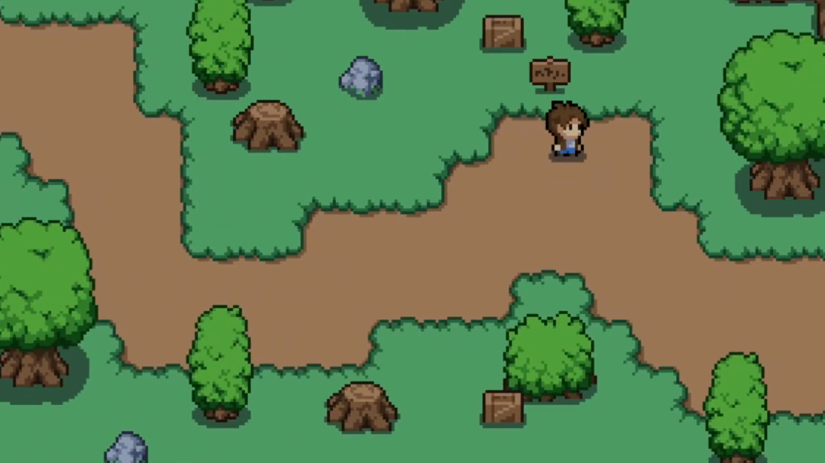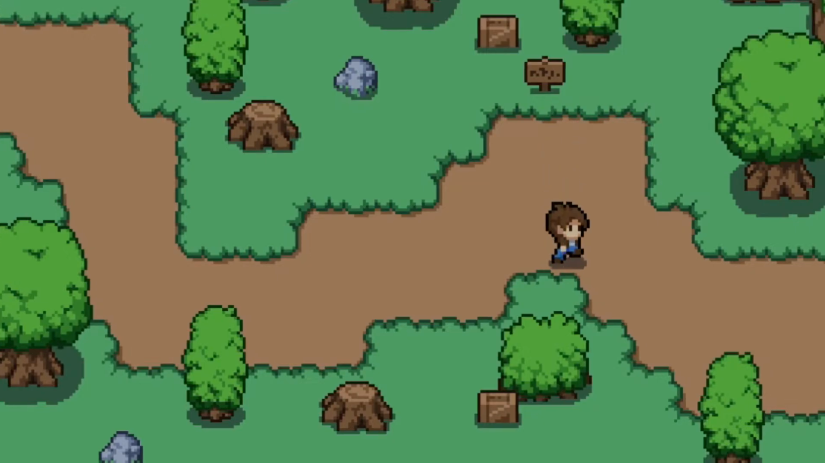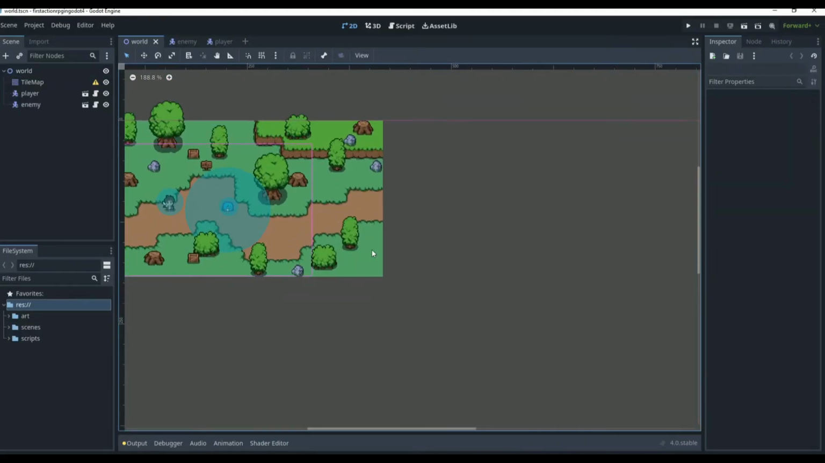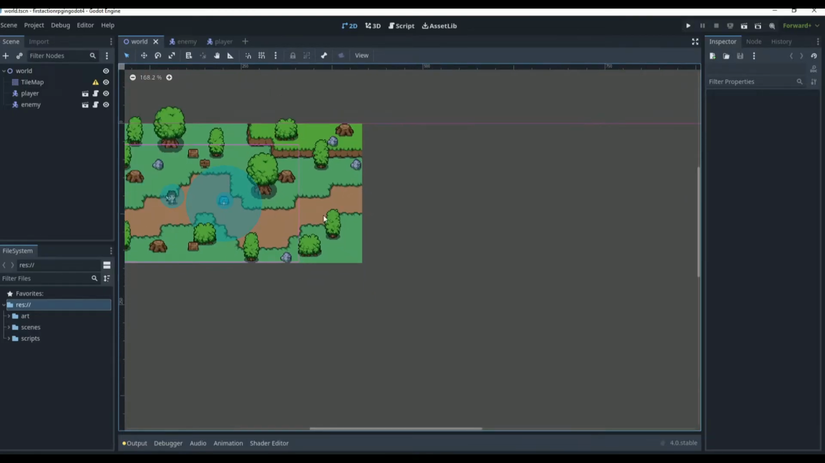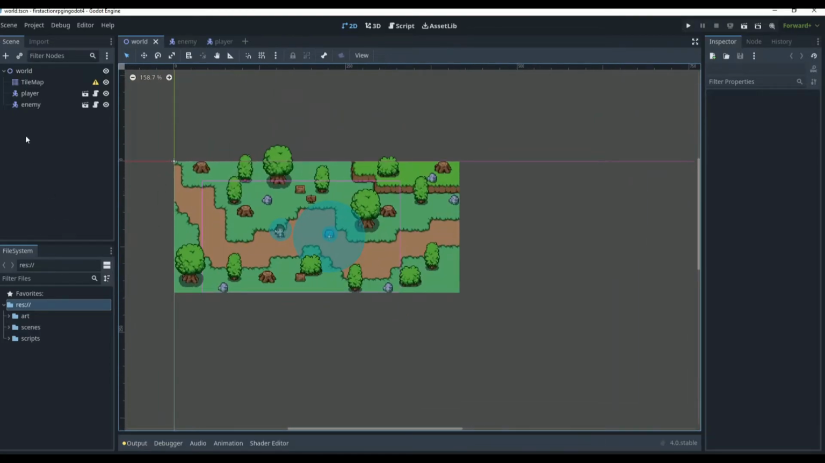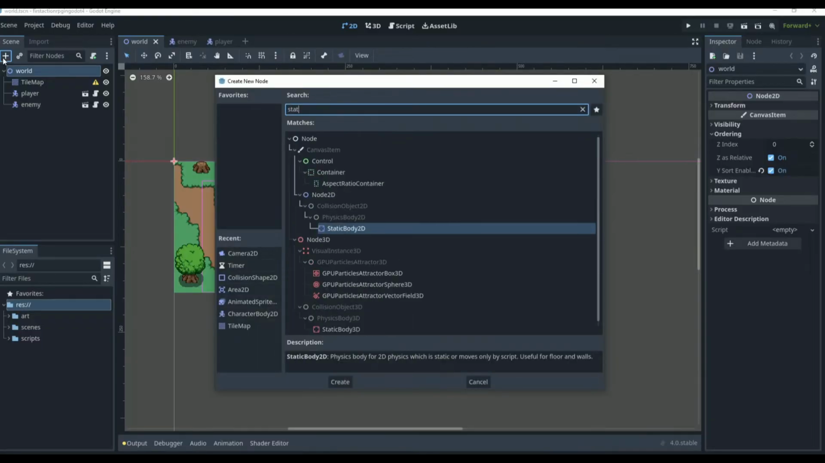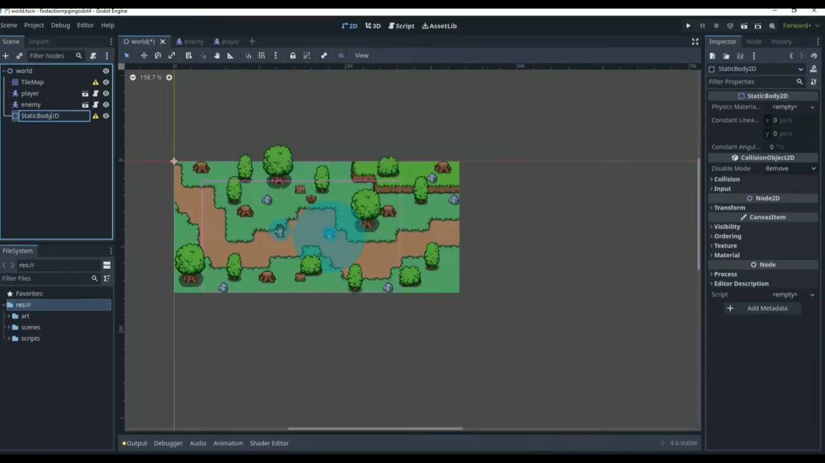But let's get started with episode 7 and create smooth changing scenes. Okay, so before we even start with the scene changing, we need to make a little change here and add a little collision shape just so we can't walk off of the map, right? So to do this, we're going to add a static body 2D,